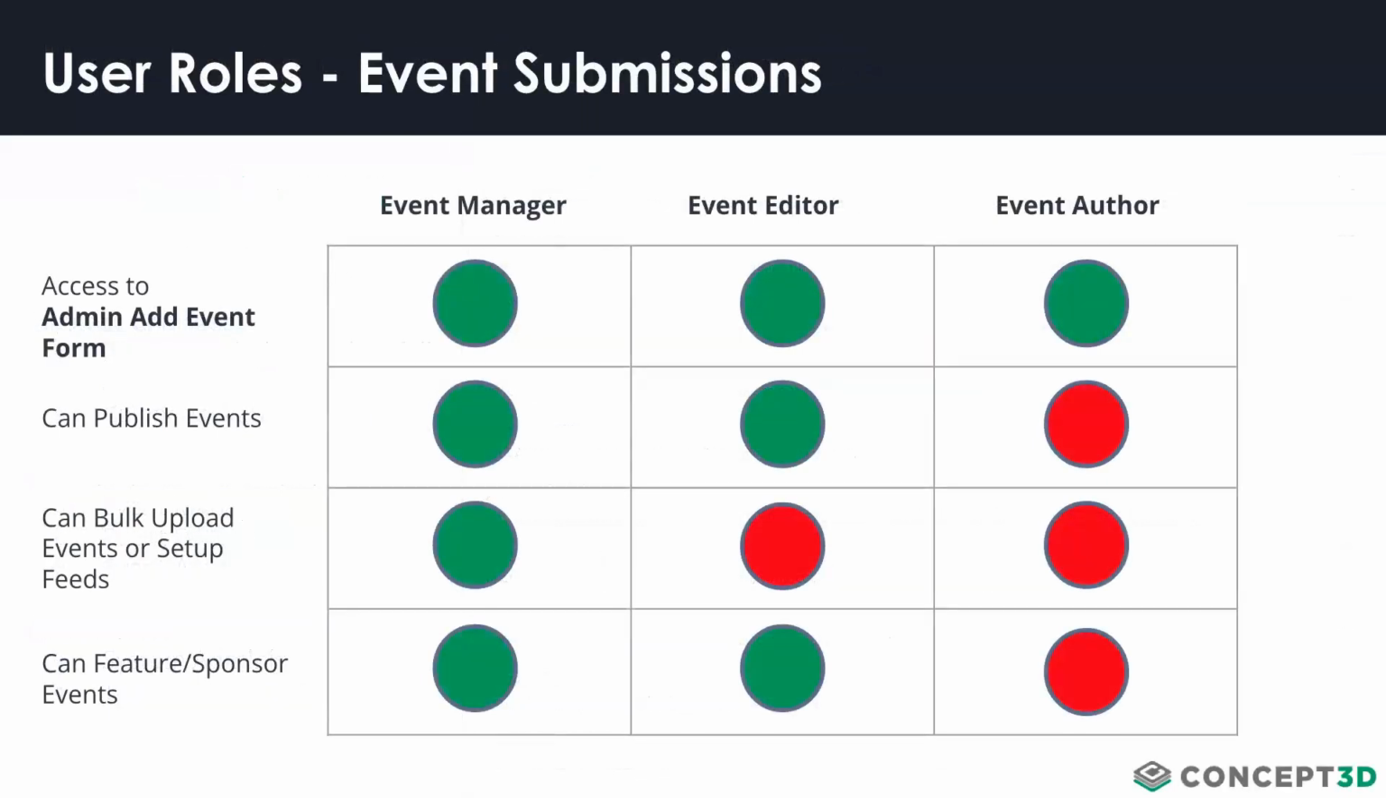So as I was saying, I created this chart here to make it a little easier to understand what is available to each of the new event editor roles. First and foremost, in this first column, we have Event Manager, and now they have access to everything that concerns events on your platform. They have access to your admin add event form. They can publish their own events. They can bulk upload events or set up a feed URL, and they can feature or sponsor events as needed